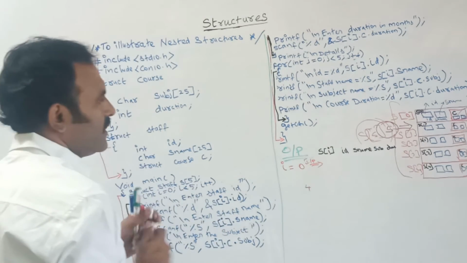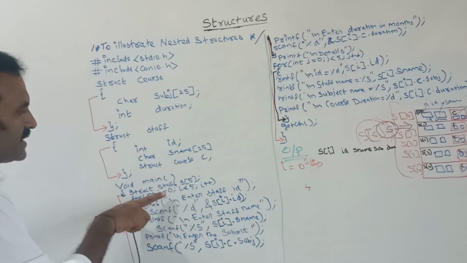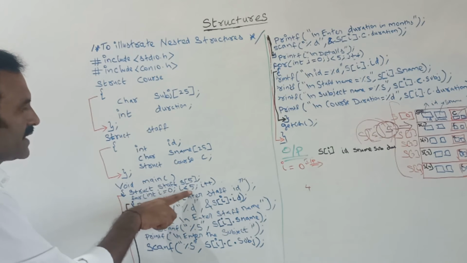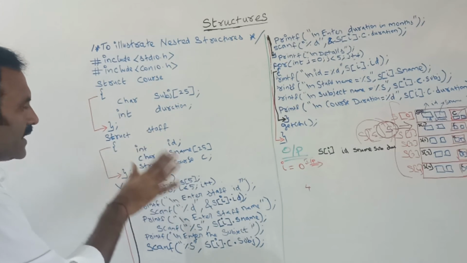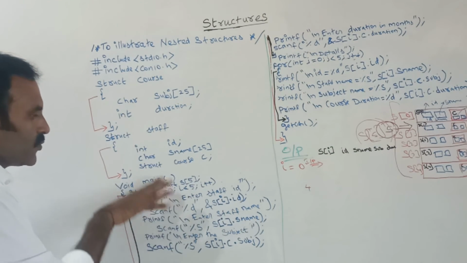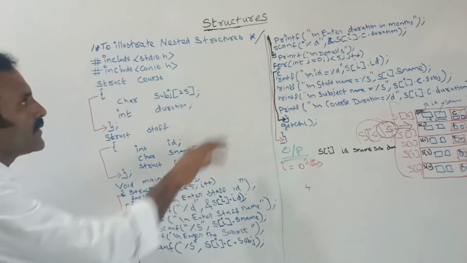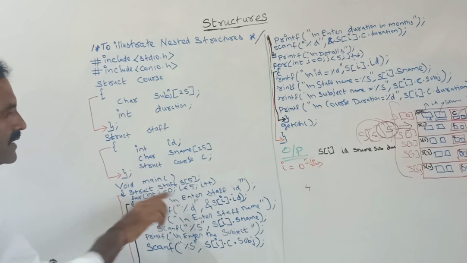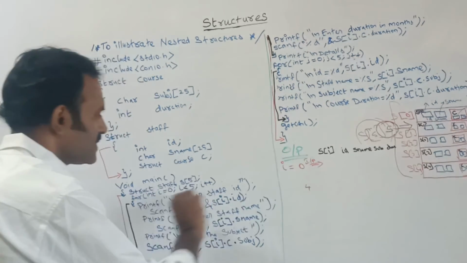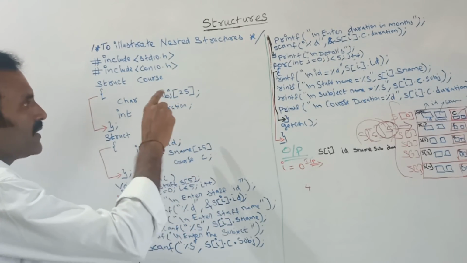So the I value will be incremented for each and every iteration. At the very first, the initial value of I is 0. It will check the condition: 0 is lesser than 5, so the condition is true. Once the condition is true, every statement inside the for loop will be executed. Inside the for loop, I am telling it to give input for each and every structure member. Before getting input, I am telling it to print "enter" that particular structure member, so that message will be displayed. After that, whatever value you give will be stored to that particular member.